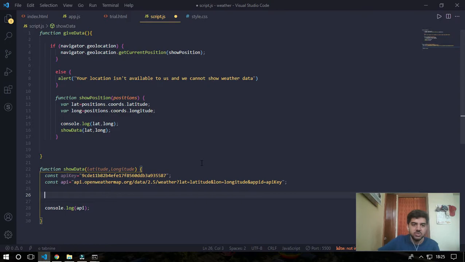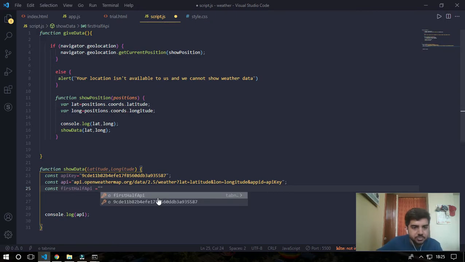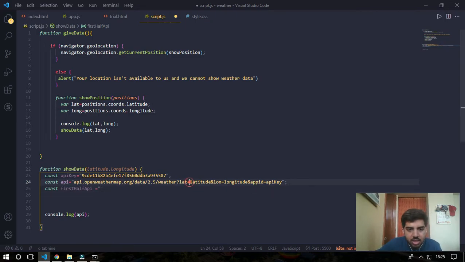Perhaps I'm getting this string latitude itself. To avoid that, what I'm going to do is I'll just take const first half API is equals to till this. I'll just copy paste here